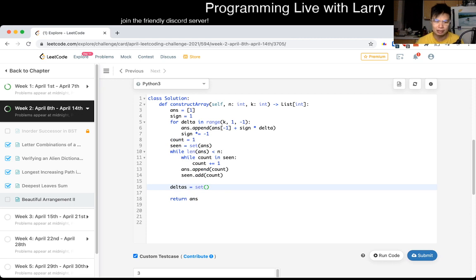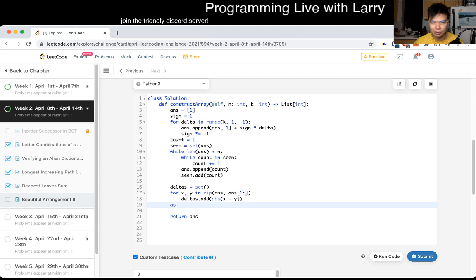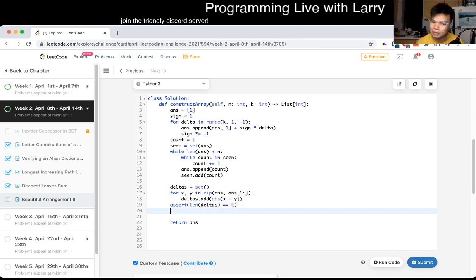So deltas, for x, y in zip of the answer... oops, no, not the answer prefix. We look at two adjacent numbers. So this adds the absolute value of x minus y, and then we assert that the length of deltas is equal to k, and we also want to make sure that